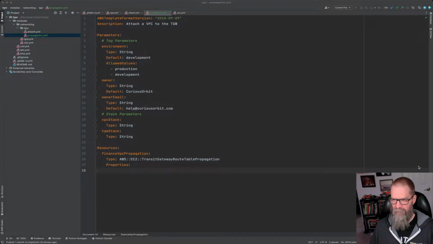And we need, sorry, I got my windows messed up here. So we need transit gateway attachment ID. And then we need transit gateway route table ID. We'll fill both of these in because we've got to go back and